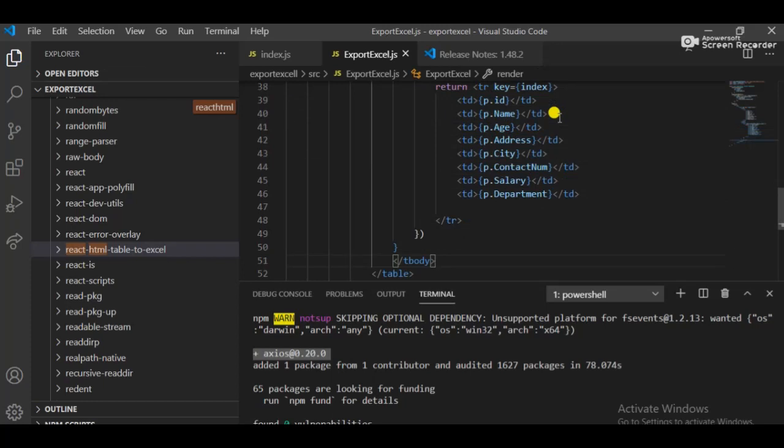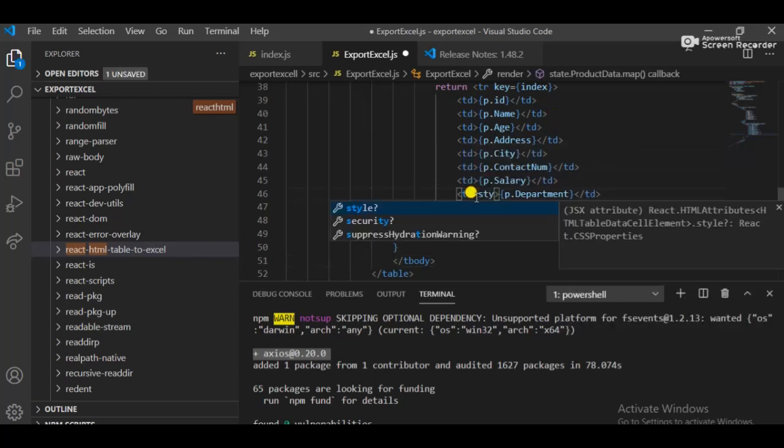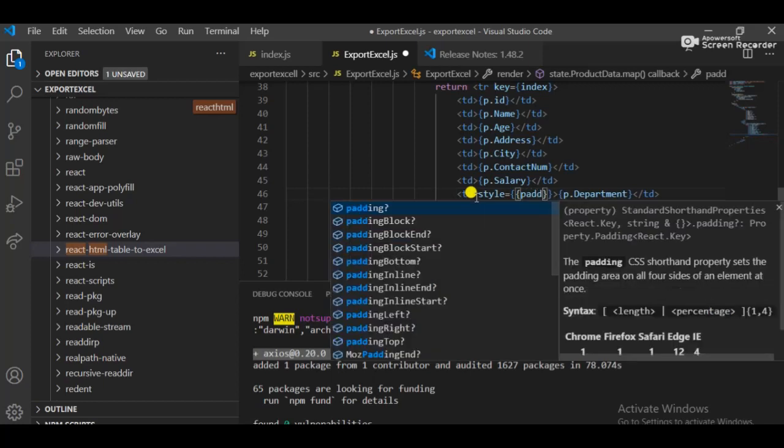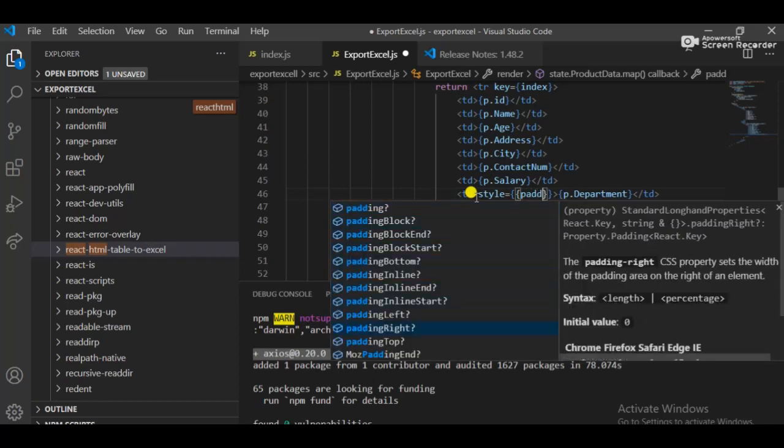After declaring your table inside the container div, you just add another div, and in this div just add a button called the react-html-table-to-excel. This is a component which I included from the library.